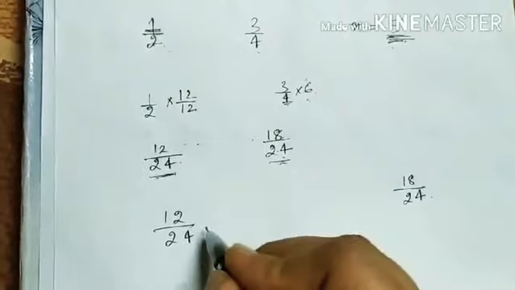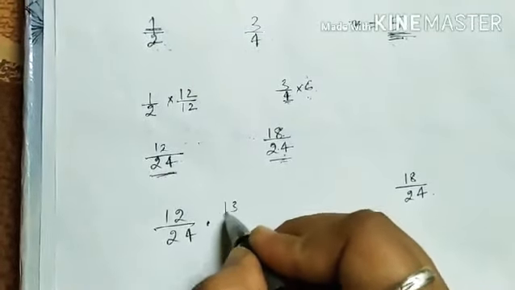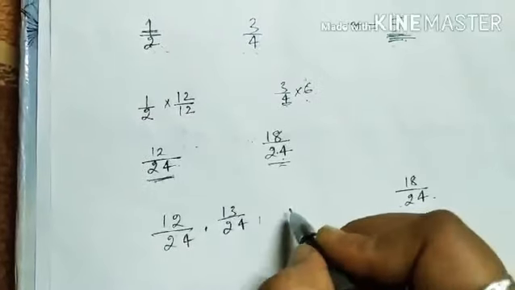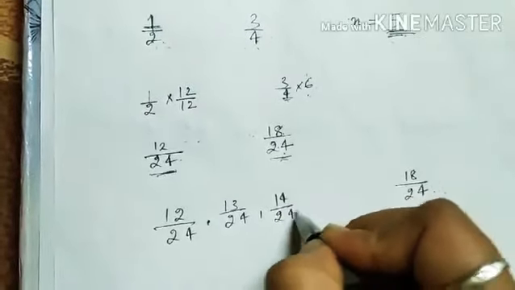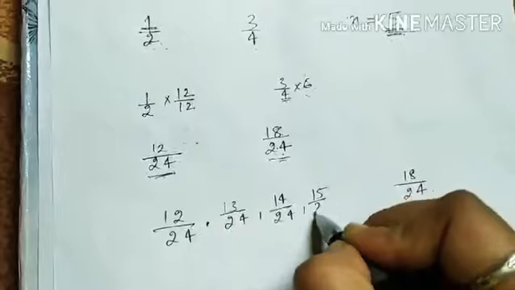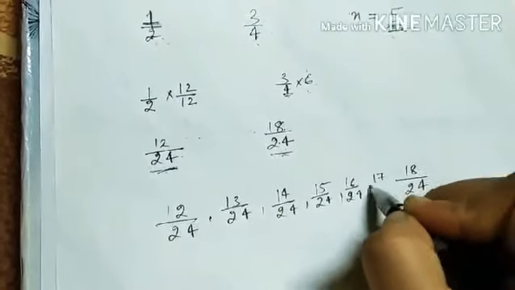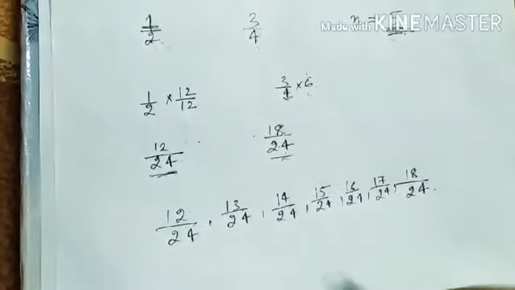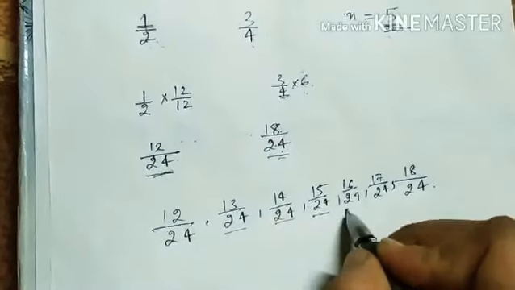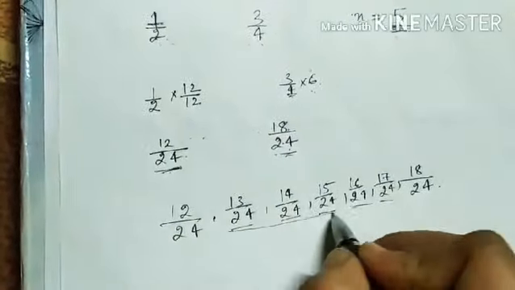तो आप बताओगे क्या क्या होगा rational numbers यहाँ पर? एक हो जाएगा 13/24, दूसरा हो जाएगा 14/24, तीसरा हो जाएगा 15/24, चौथा 16/24 और पांचवा क्या हो जाएगा? 17/24. Understood? 1, 2, 3, 4 and 5. So with these 5 rational numbers, we have accommodated between 12 by 24 and 18 by 24.